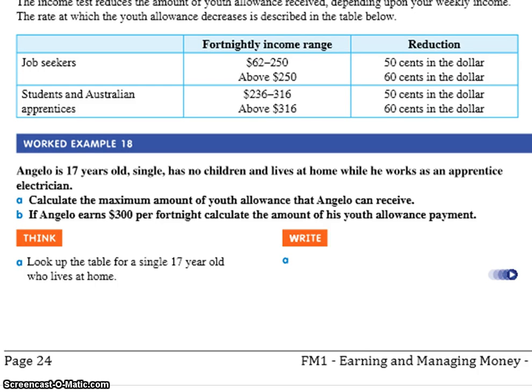Alright, in this example, we are going to calculate their government allowance, their youth allowance, based on how much they work, and we're going to be using both the tables. Sounds like I'm repeating myself, doesn't it? Alright, first things first. In this one,